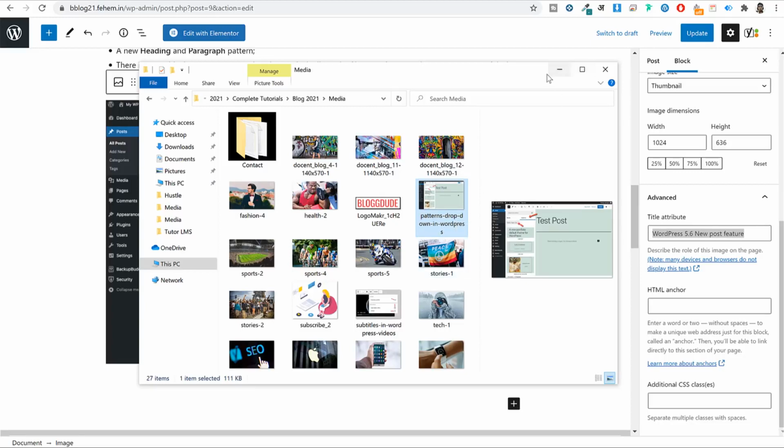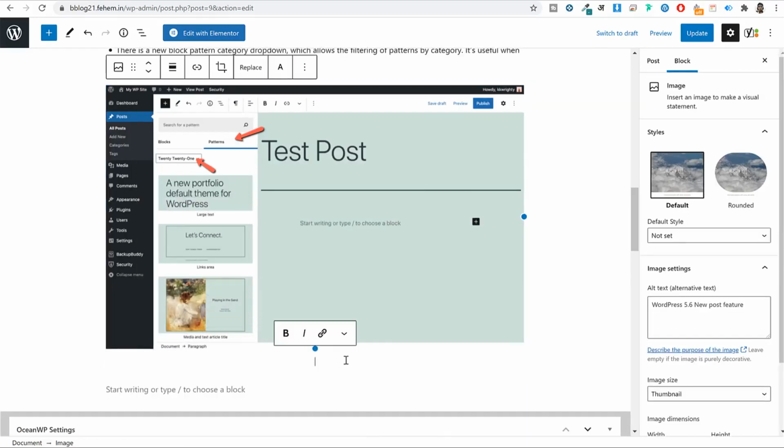If you want, you can type in something else. So basically the title is what this image is all about. So this is patterns drop down in WordPress. Now caption is what the user will see. So the user will see what this image is all about. So again, I'll type in pattern drop down